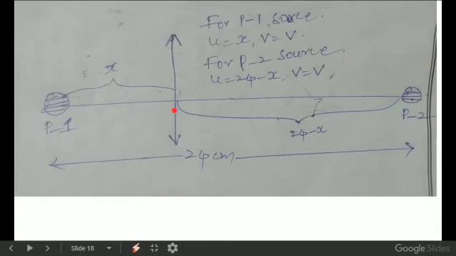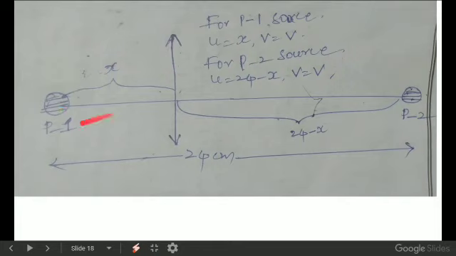the image formed by the lens of point source 1 will be formed at a certain distance, and the image of point source 2 also will be formed at the same distance. So the images of these 2 point sources should be formed at the same distance by this convex lens. So where should we place this lens such that the images of these 2 point sources are formed at the same distance?